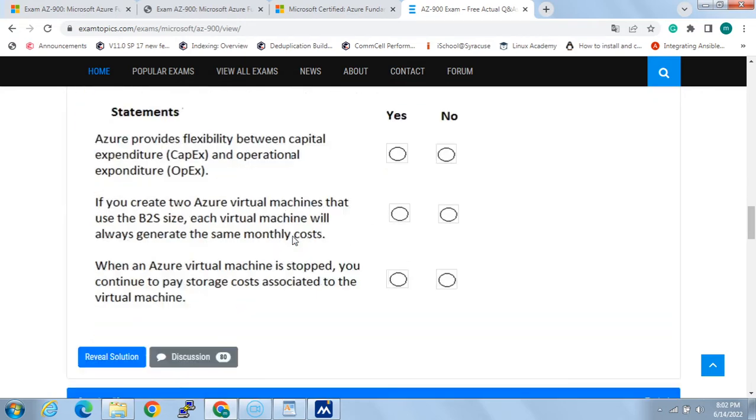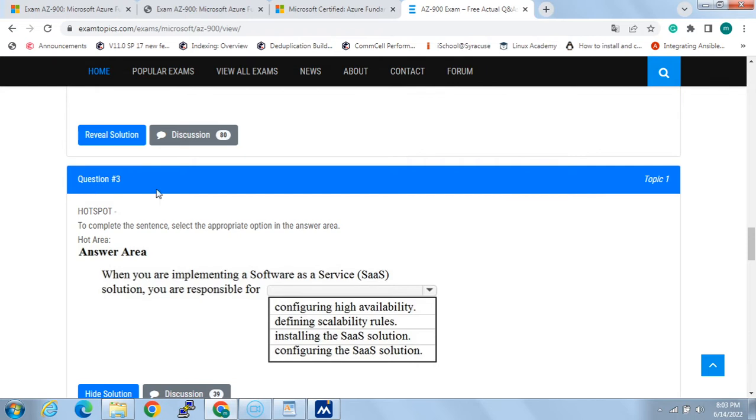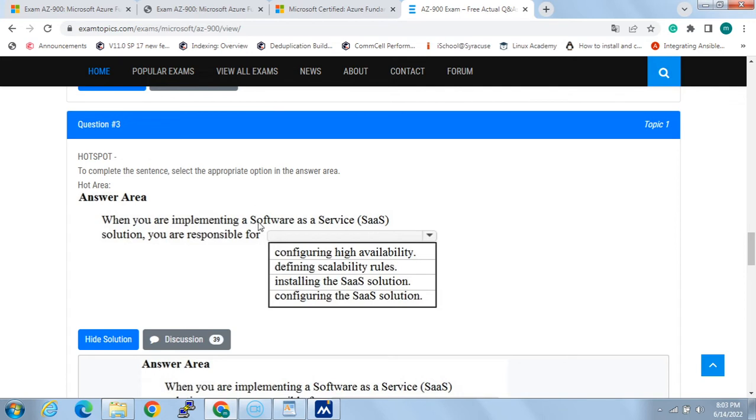These are the types of questions. Then let's continue with question number 3. To complete the sentence, select the appropriate option. So there will be these kinds of questions as well, where we need to pick the correct option. The question here is, when you are implementing software as a service, that is SaaS, in a software as a service solution, you are responsible for: